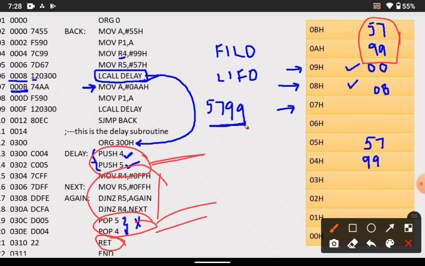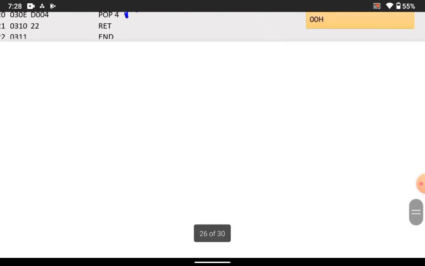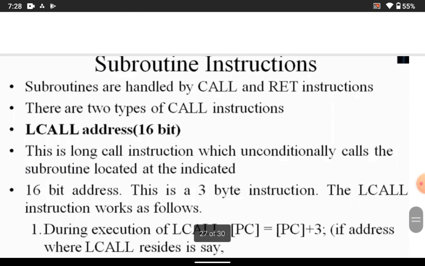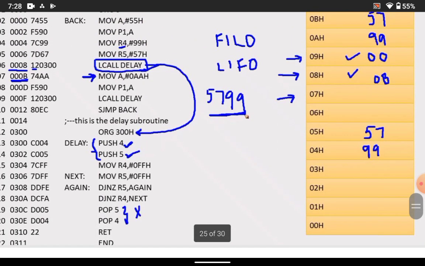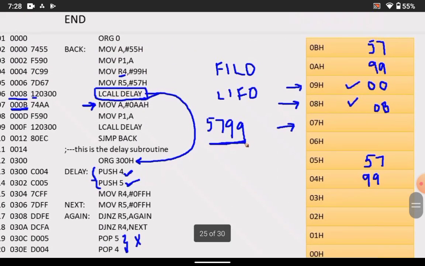Here this part is to create a delay. LCALL and ACALL, those we call subroutines. Those are parts of the instructions which are important to execute in a particular program. If you want to create a delay in a particular program, we need to use LCALL delay. It will create some delay in the program and then execute the same program, coming back to the same memory address location.